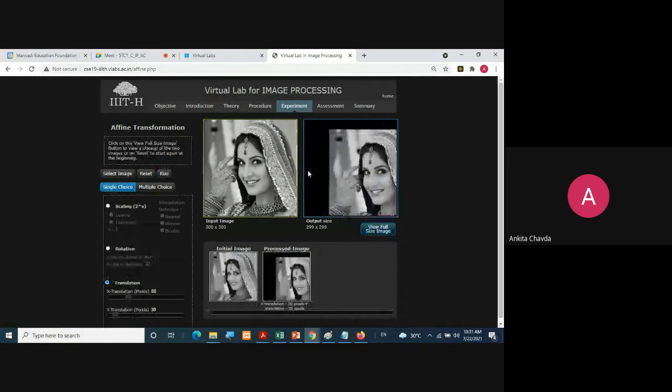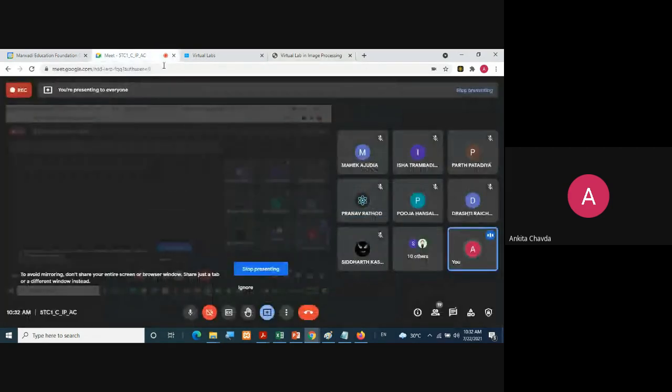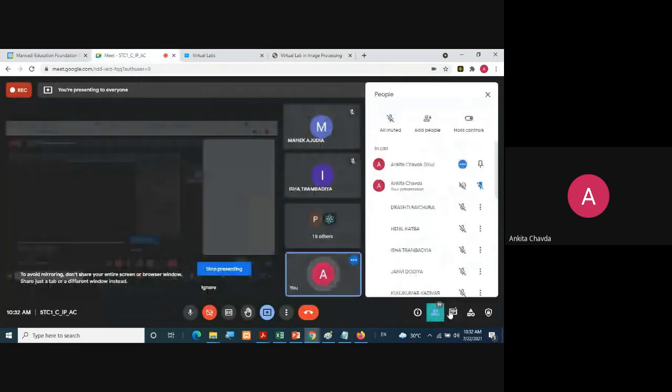You can see this many X pixels it will leave and then your image will be there, right? And Y means this vertical values, vertical 30 pixels it will leave. That is your translation. Fine. So try with the different values, try with the different images.